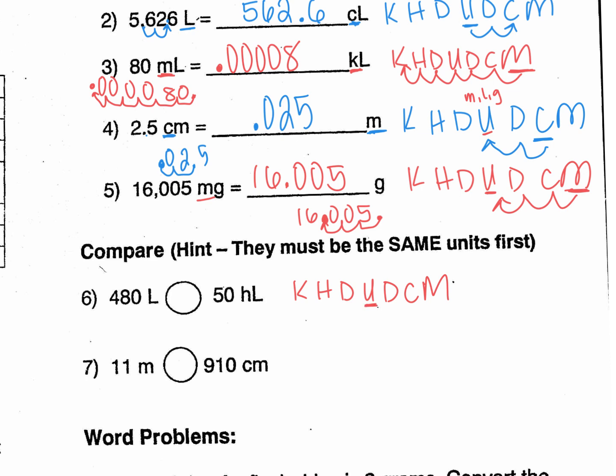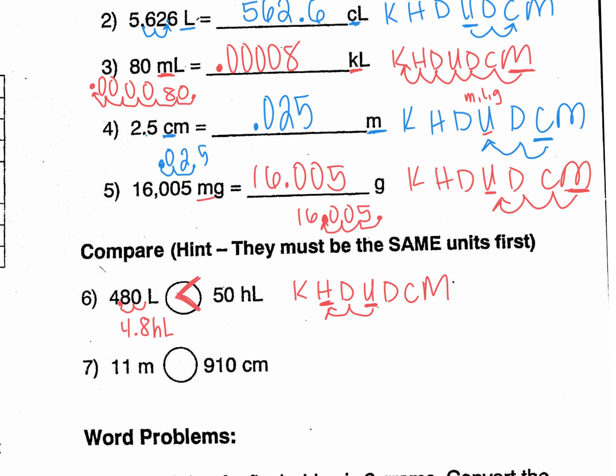I have a basic unit of measure of a liter, and I want to change it to hectoliters, so I'm moving 2 places to the left. I start at the end of my number and go 1, 2 places to the left. So what I'm comparing is 4.80 hectoliters, or 4.8 hectoliters, to 50, which now you can see that this one